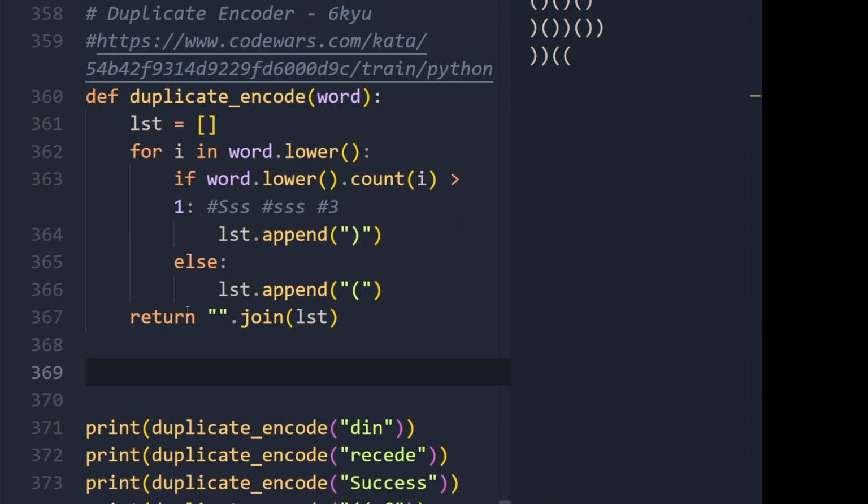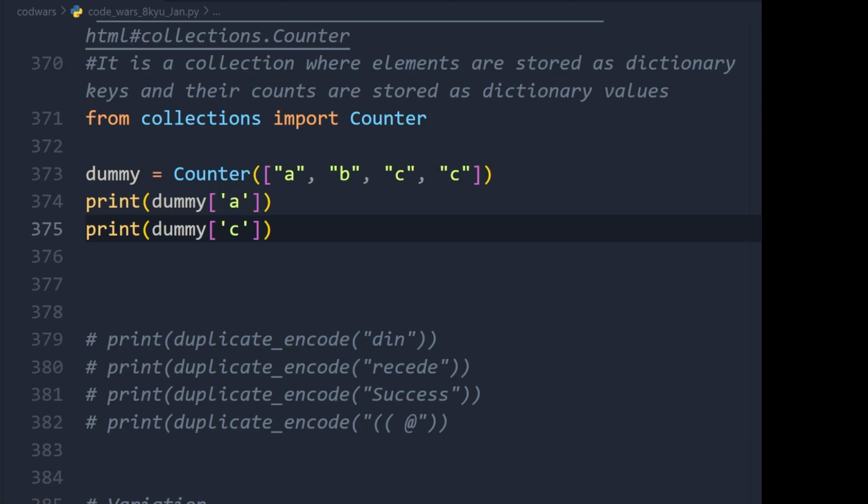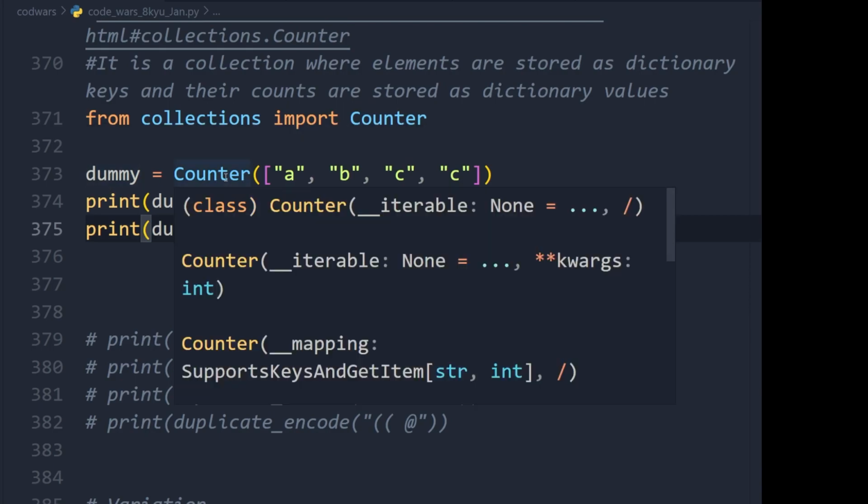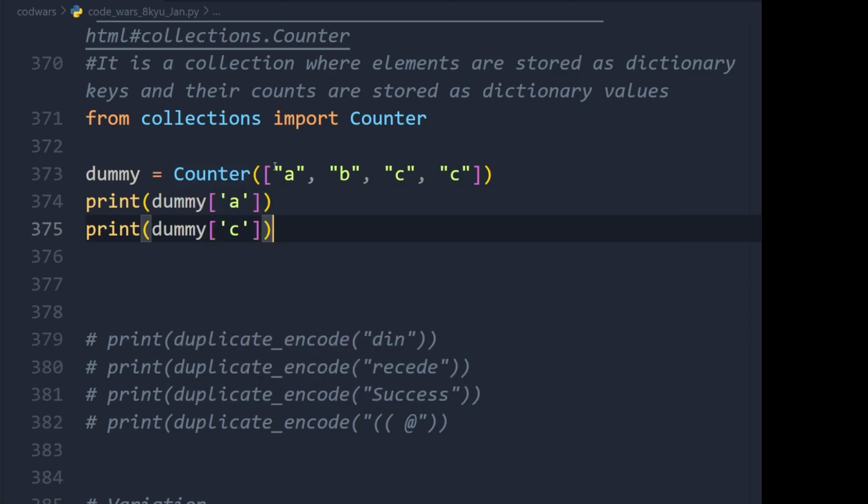Now, of course, the way we would go about simplifying this is just to try to take all of this stuff up here and just pack it into one big join and use list comprehension. So another approach to this is to use the collections module, and in particular, we'll use counter. So what we're doing here is we're declaring a variable, and the variable is a variable for a particular kind of data type. And this data type is basically a dictionary where the keys of the dictionary are the items or elements from the collection, but the values of the keys are the number of times the elements occur in